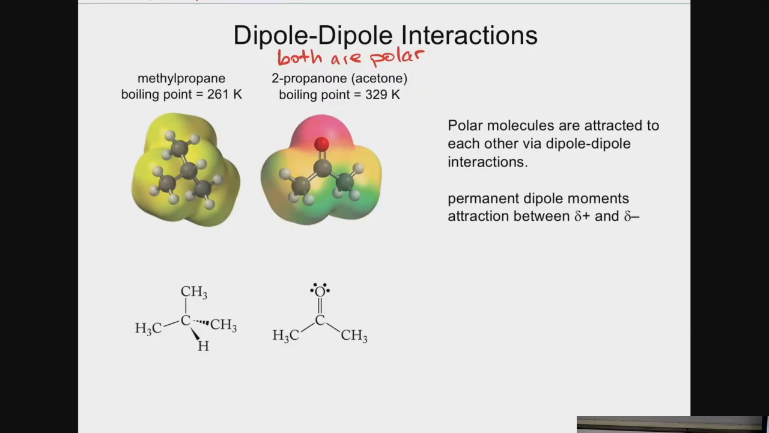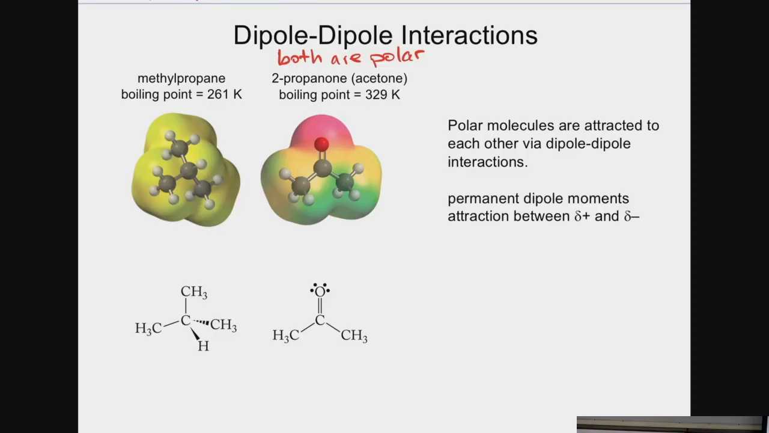On the left, we have methylpropane, and you can see what the boiling point is there, again in Kelvin. And on the right, we have 2-propanone, otherwise known as acetone. Now, the book likes using this color scheme to show you the relative strength of the dipoles, where red is very, very strong, and I think green is neutral, and there's a color scale there. That doesn't matter so much, and in fact, I probably would have chosen a different molecule to work with on the left,